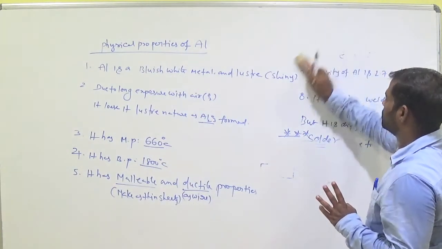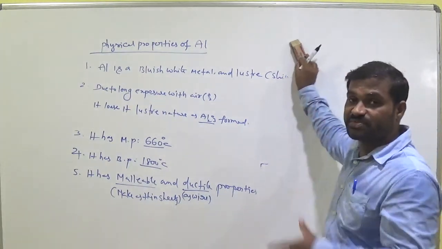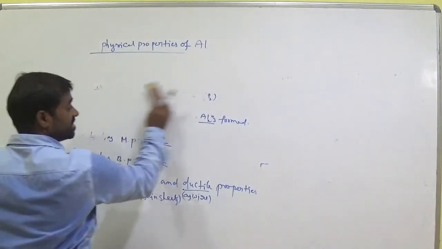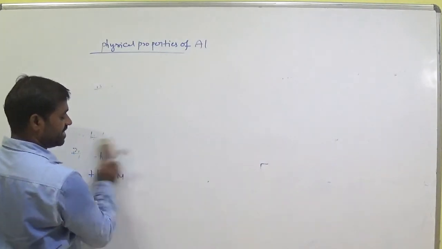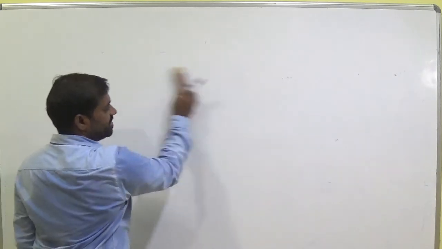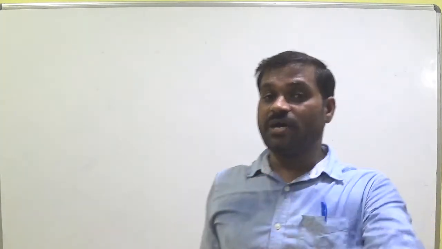So this is about aluminium. Next is the extraction of aluminium. In this process we get 99.98% pure aluminium, by 3 steps. Keep it in our mind. And cathode, anode, and electrolyte are very important in this process. Tomorrow we will discuss the chemical reactions of aluminium. There are important reactions.